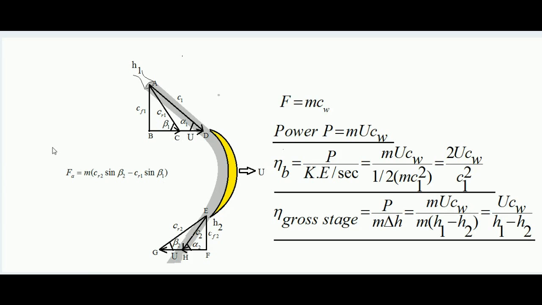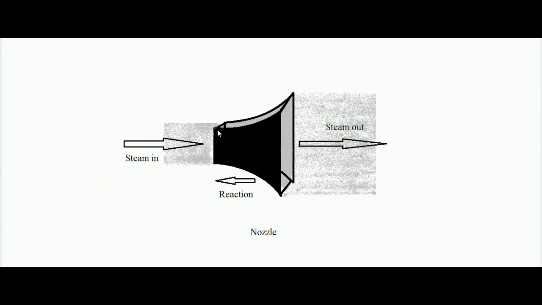So these are some general attributes regarding nozzle and blade system in a steam turbine. Hope you would have understood it well. So now I will talk about impulse reaction turbine. Means I am talking about those type of steam turbines in which force developed over the blade is due to impulse reaction principle. Over here you can see that there is a nozzle, a diverging nozzle.